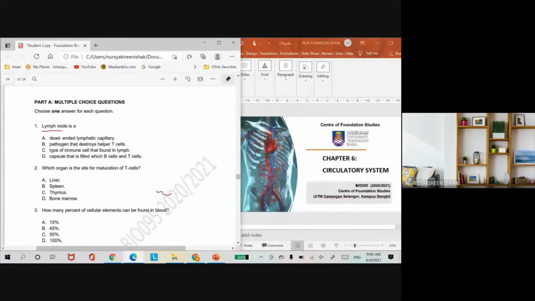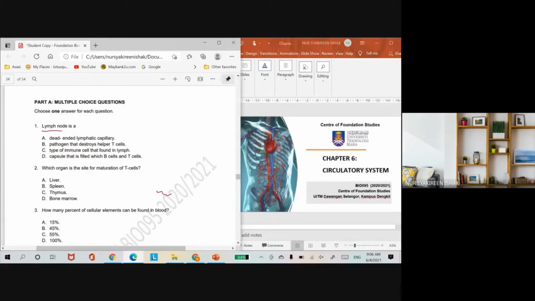the organs of the lymphatic system, and you also have to know that it consists of lymphatic vessels as well. You have the lymphatic capillaries and also lymphatic vessels. The lymphatic system does not have lymphatic arteries or lymphatic veins. That one is for your blood vessels. Blood vessels have three types: the artery, the vein, and the blood capillaries. But as for the lymphatic system, you have the lymphatic capillaries and lymphatic vessels only.